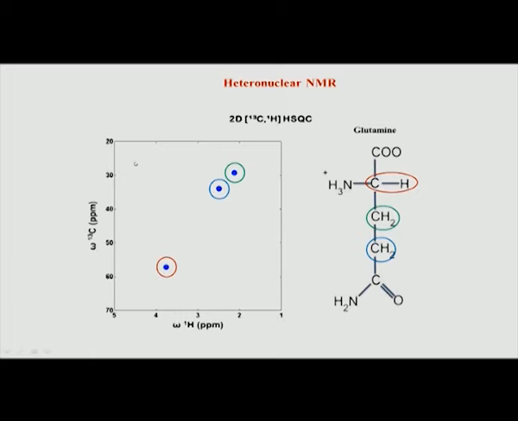So, therefore, you see this experiment gives you some information, but to get the connection that this pair corresponds to this peak and this pair corresponds to this peak, that kind of information we have to obtain with some more experiments. Of course, from experience just now as we analyze, we can do that also, but for a more detailed molecule structure, one has to not only rely on HSQC, one has to also combine this with other experiments, and we will see that when we come to the assignment part or the structure determination part of this course.